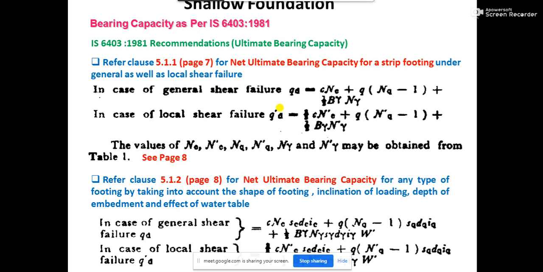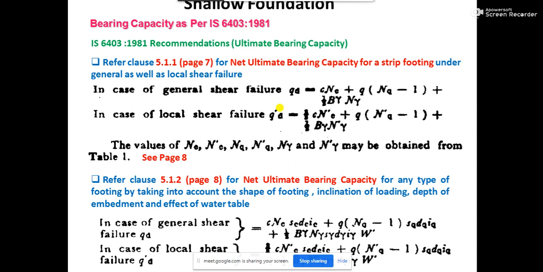In some cases, suppose there is a column with a vertical load acting on it, and from another direction a horizontal load is also acting. So if you take the components of both the vertical load and horizontal load, the resultant will be inclined, right? So when the load is inclined to the vertical axis of the column, to get the effect on the bearing capacity of the foundation, you need to introduce a factor which is called